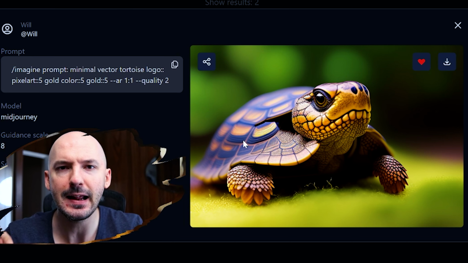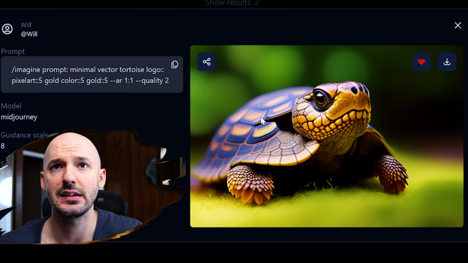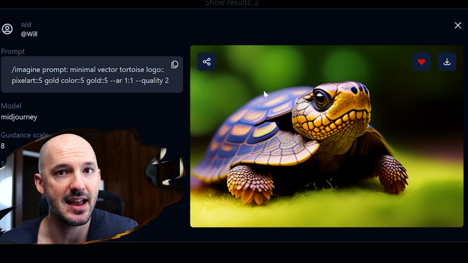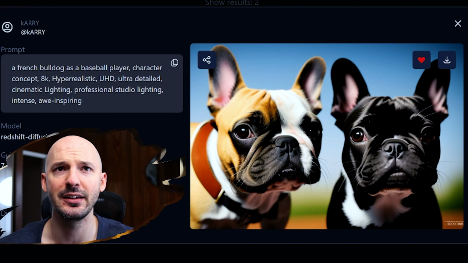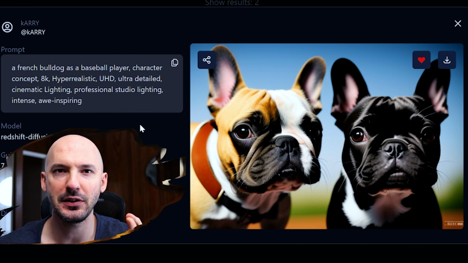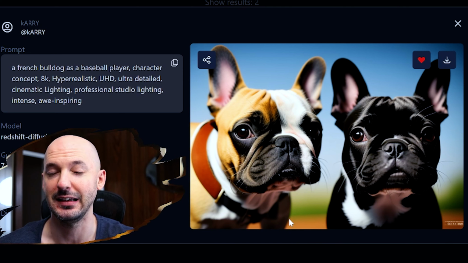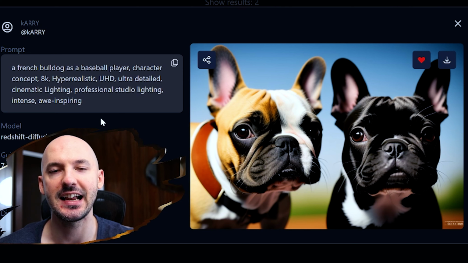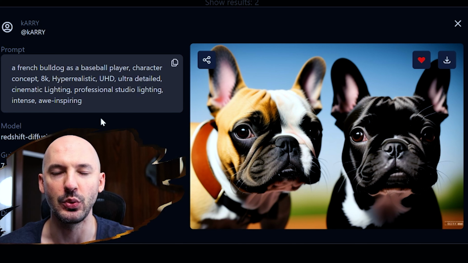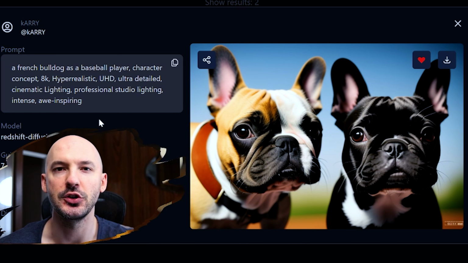And it's free, did I mention that? So there's your toss up. I think the upsides outweigh the downside, but that's just my opinion. And then we have here, I laughed at this, a French bulldog as a baseball player. Hilarious prompt, but you don't get anything like it. I guess you could argue that's a baseball field in the background, like maybe? So you just gotta understand, it's not always gonna give you what you want, but there's a quick taste of this new art generator,